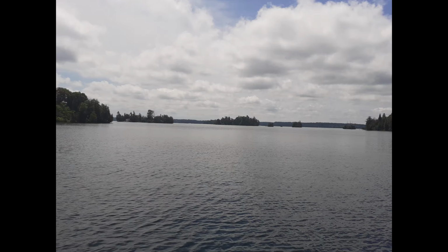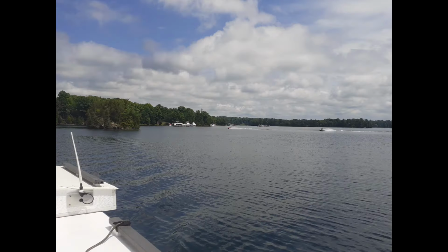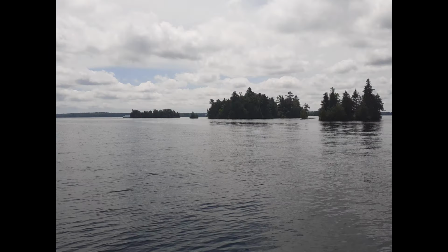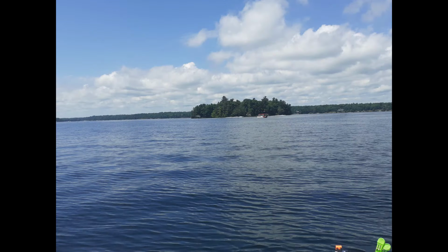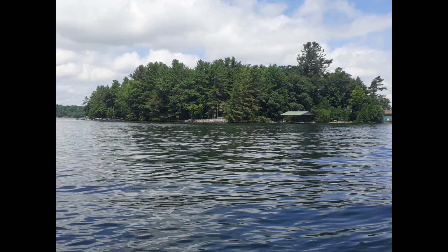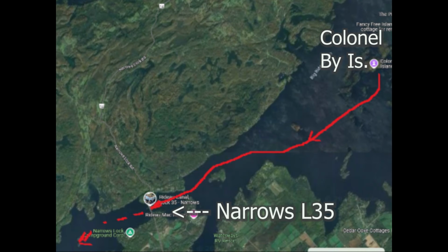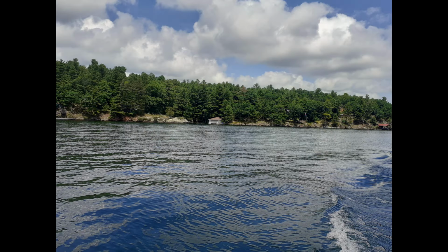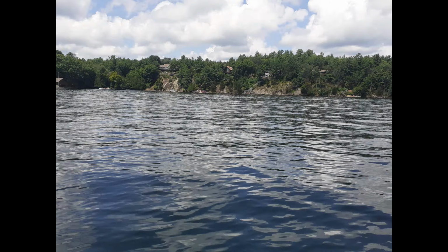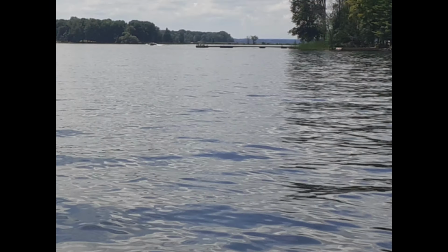As we left Colonel By Island, we picked through a number of small islands, and we finally got out more into the larger channel that runs from the northeast down to the southwest, with a long, I'll call it vertical bluff or granite ridge on the northerly shore, and we generally stayed close to that. Janet put together a little bit of lunch to eat along the way, and we cruised on towards the Narrows,